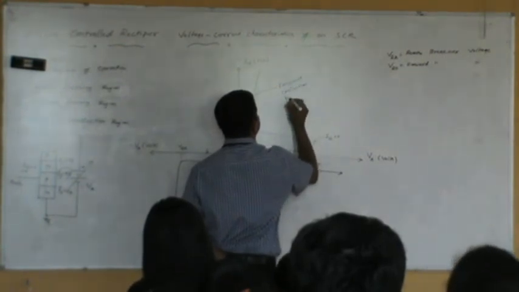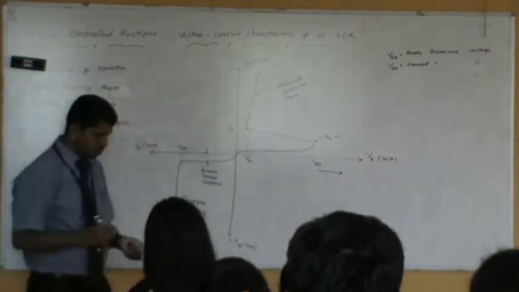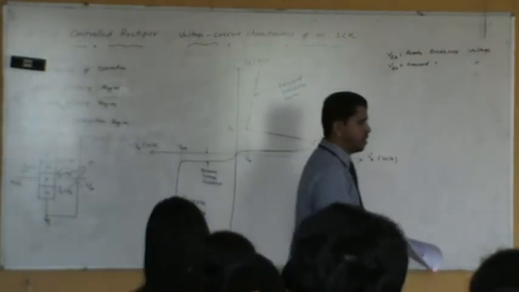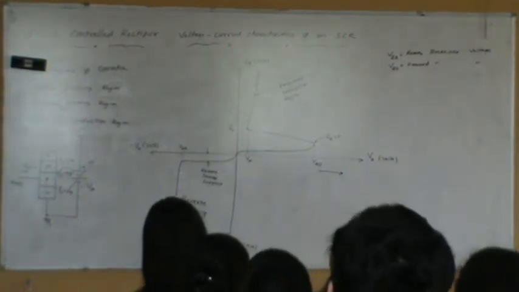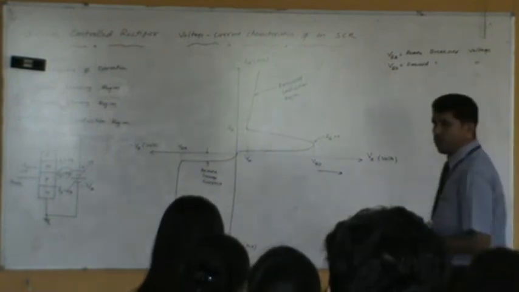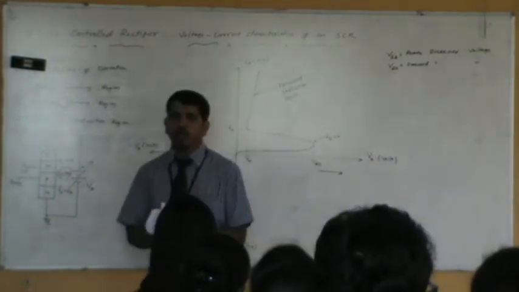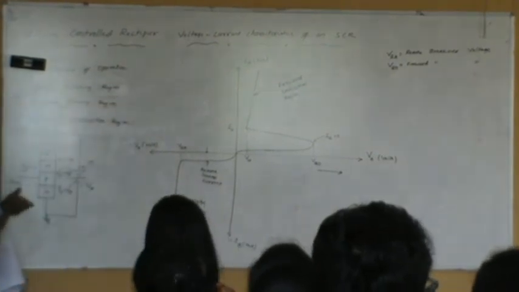Power conduction region or state. All this happened because no gate voltage was applied. What will happen if I apply the gate voltage now? Some positive gate voltage. I have never shown the gate voltage anywhere. If I apply some gate voltage, let's say some medium quantity of gate voltage here between these two terminals.